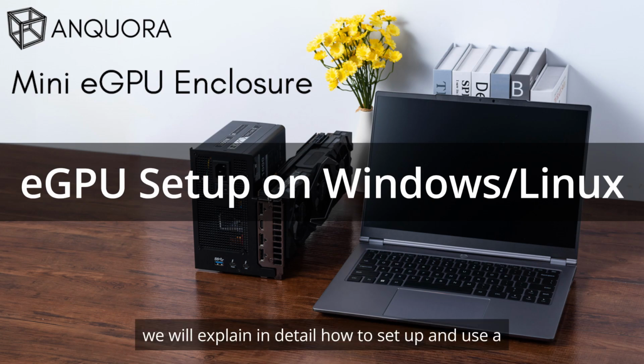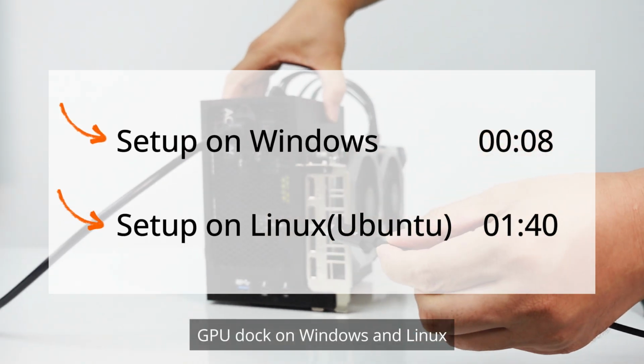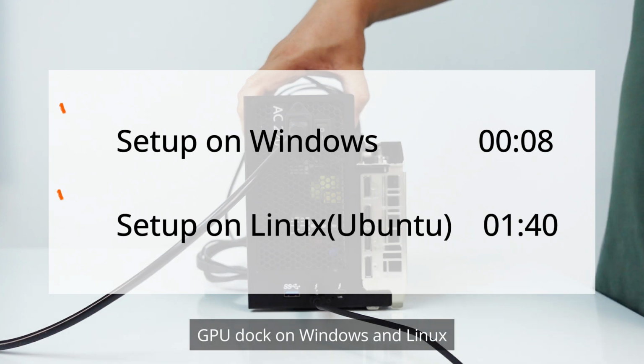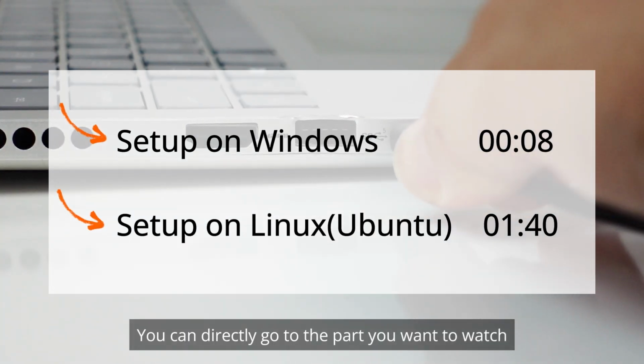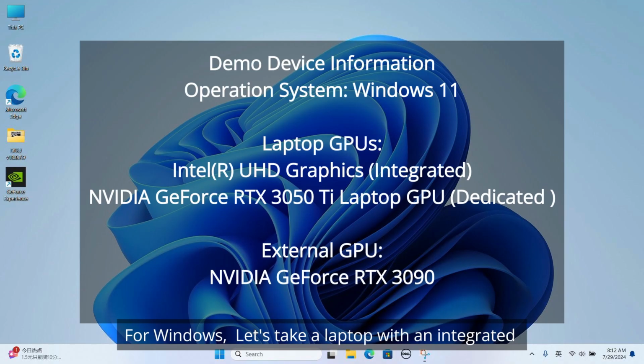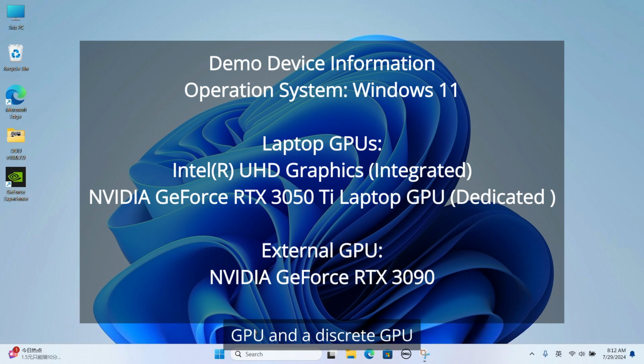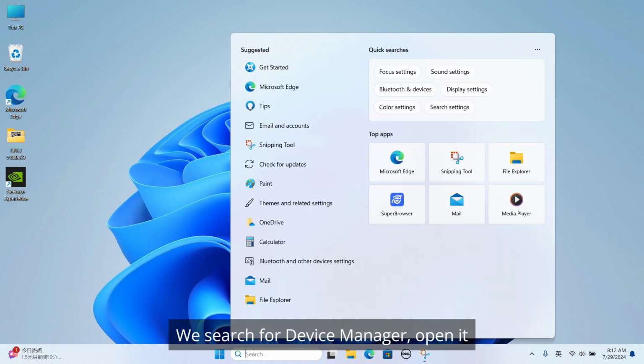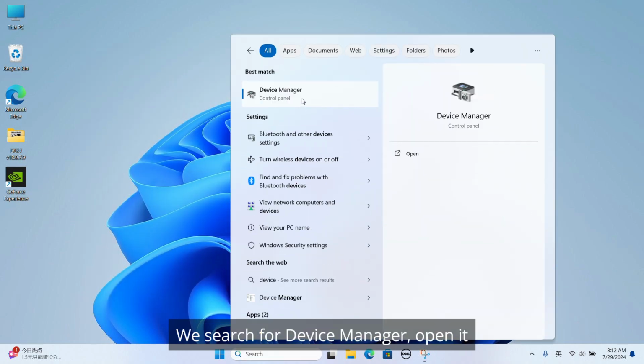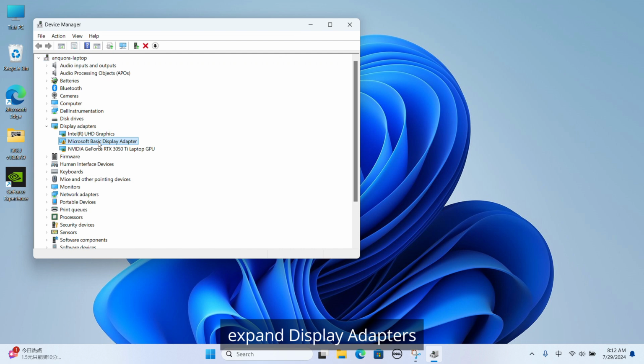In this video, we will explain in detail how to set up and use a GPU dock on Windows and Linux. You can directly go to the part you want to watch. For Windows, let's take a laptop with an integrated GPU and a discrete GPU as an example and connect it to an external 3090. We search for Device Manager, open it, expand Display Adapters, and observe that the external 3090